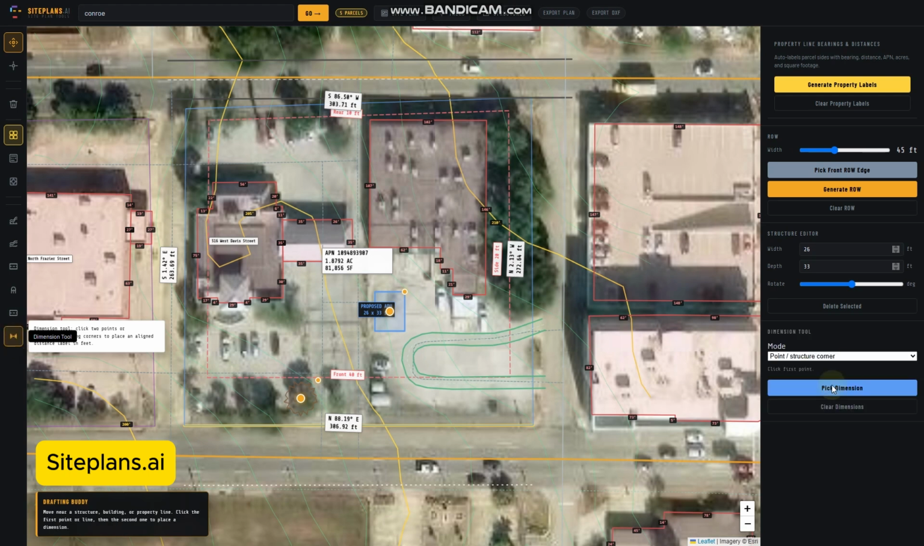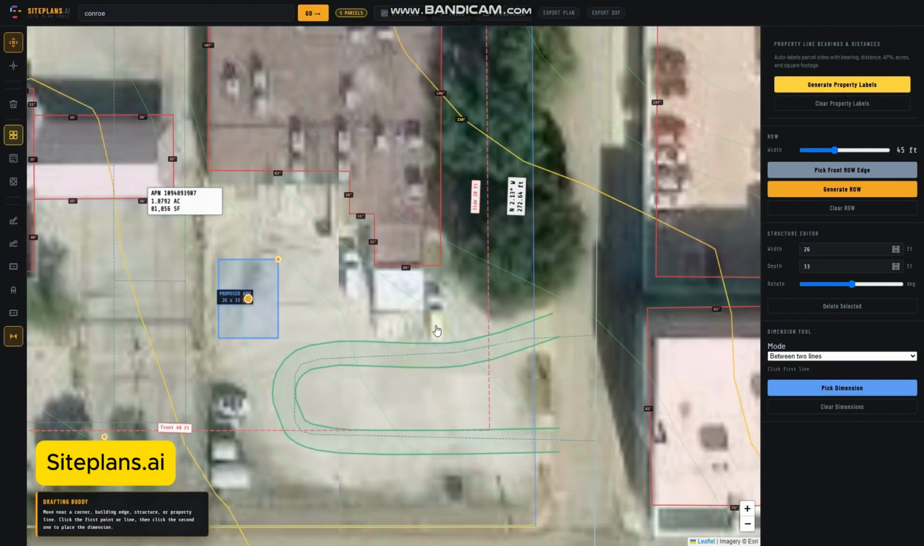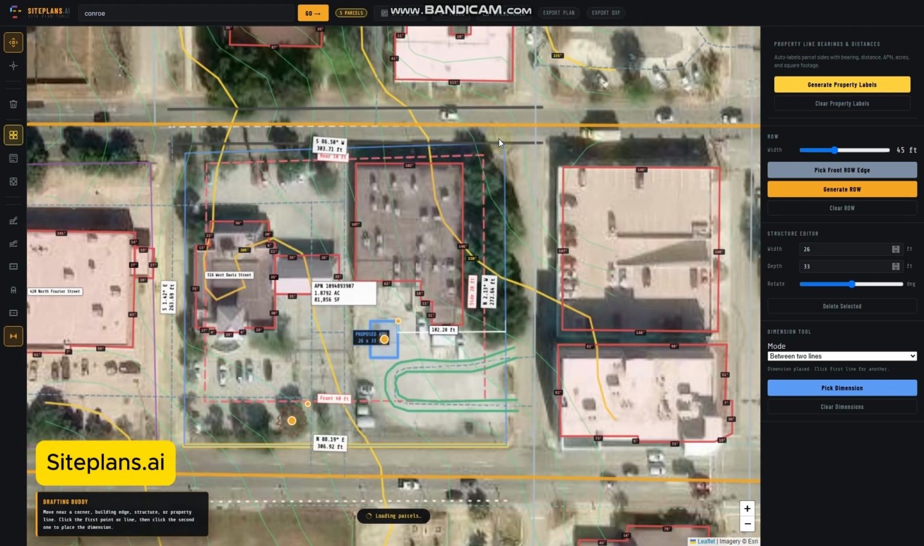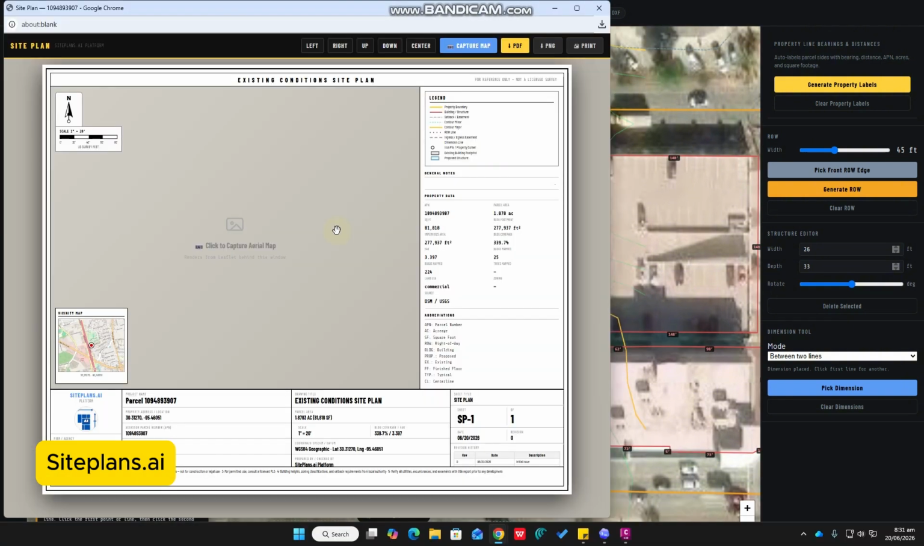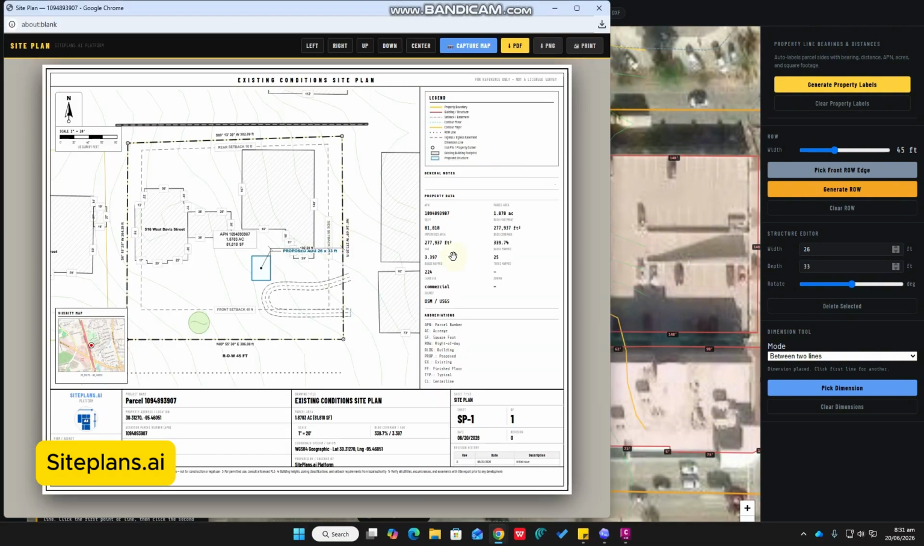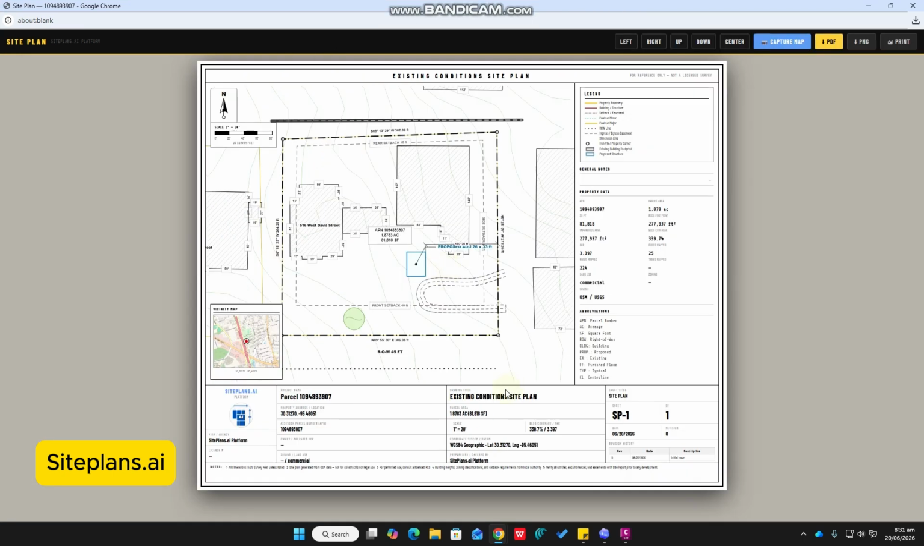Mode between two lines and pick dimension. You will pick the outer side of the property line and the placed structure. And that's it. Go to export plan, capture, and here is the site plan. Done. You can download it and you can change the label, like